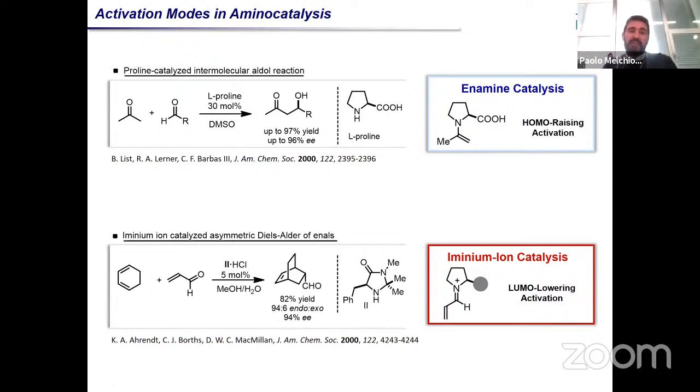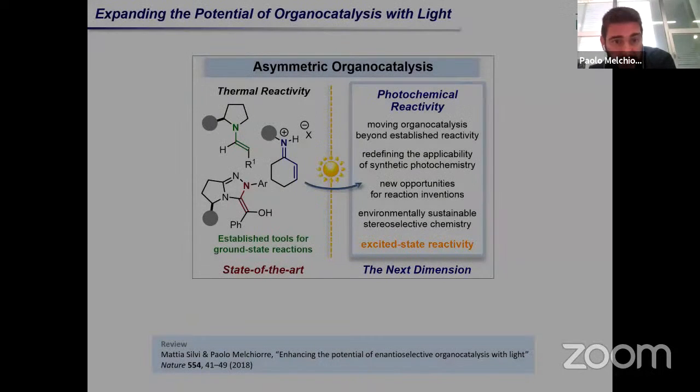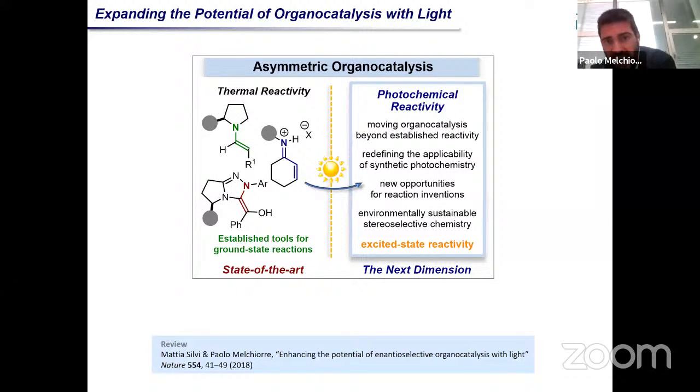Now, over the last 20 years, enamine and iminium ion catalysis has been extensively used by the synthetic community to develop many asymmetric transformations. The general perception, however, is that today it is rather difficult to use the classical ground state polar chemistry of organocatalysis to develop other reactions. So the main question is in which way it could be possible to further expand the potential of organocatalysis in chiral molecule synthesis. Well, it is here where photochemistry can come into play,